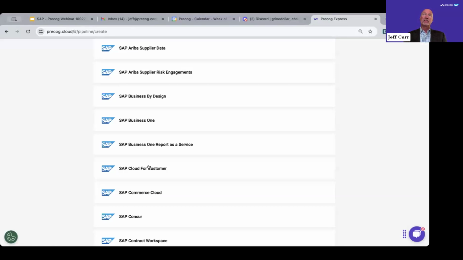I think the baseline cost to connect to a single application API is about $15,000 per year. So a little over $1,000 a month. And then as you scale that up, the cost per application goes down. But you can see the pricing in the SAP store.